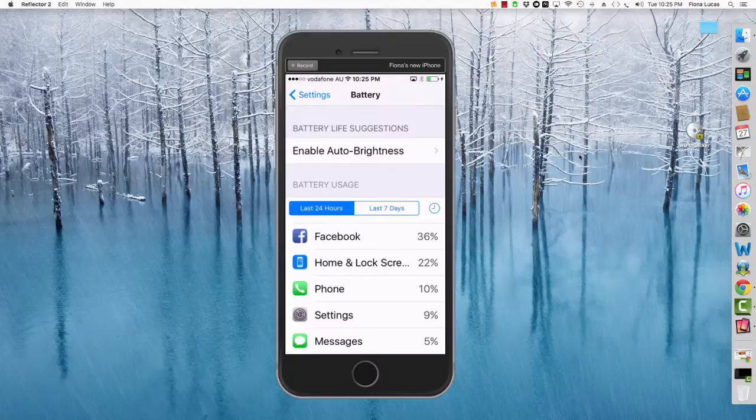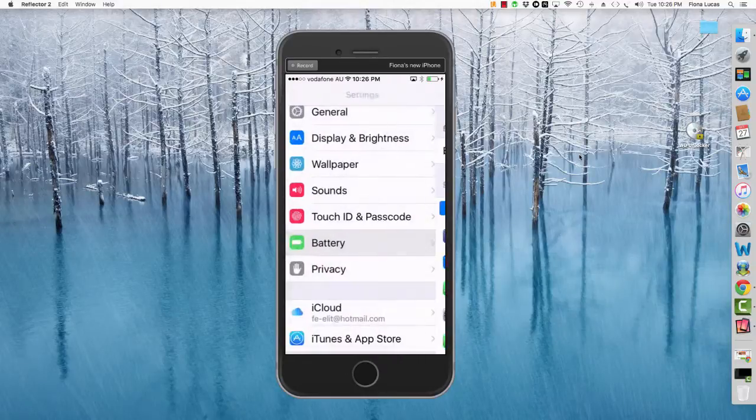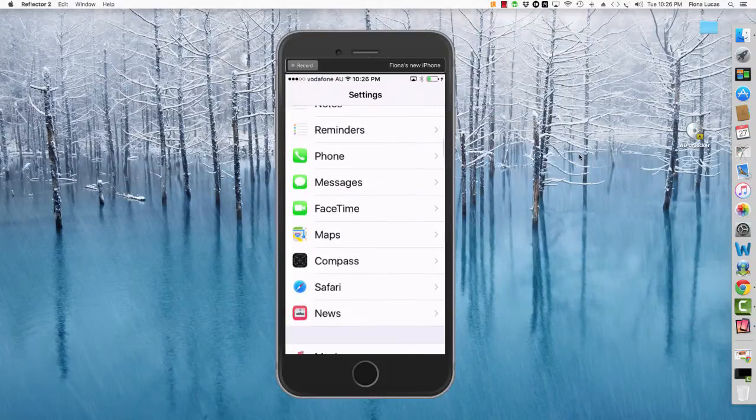And if you want to get a bit more of a breakdown, you click on that little clock symbol to the right hand side, and it'll actually show you how much battery's been used by just having on-screen time, and if there's any background time. So for me, Facebook was 1.6 hours on screen during the last 24 hours, but there's been 1.1 hours of background activity, which shows that I've been getting a lot of messages and notifications and things coming through my Facebook. So that might mean I go and have a little look at those settings to decide whether there's anything else I want to tweak. And if I want to do that, I just go back over to settings, scroll down